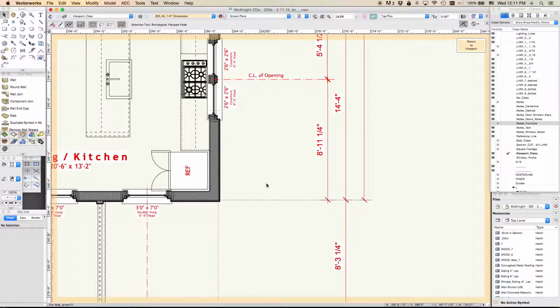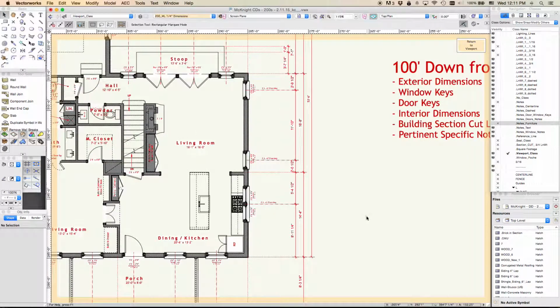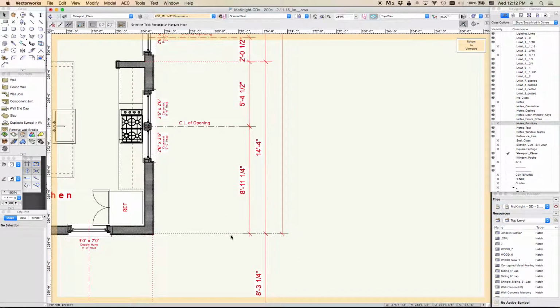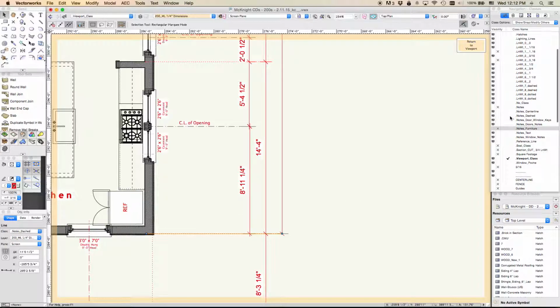Again, in this situation, the dimensions have already been started or mostly finished on the exterior dimensions for the main level plan. But typically the dimensions, I use 3 classes. This one class, if I select it, you can see it's on the notes dashed class. So right here, notes dashed, notes centerline, and notes text are typically the only classes I use. Notes dashed, notes centerline, and then the dimension strings I usually do on the notes class text. So